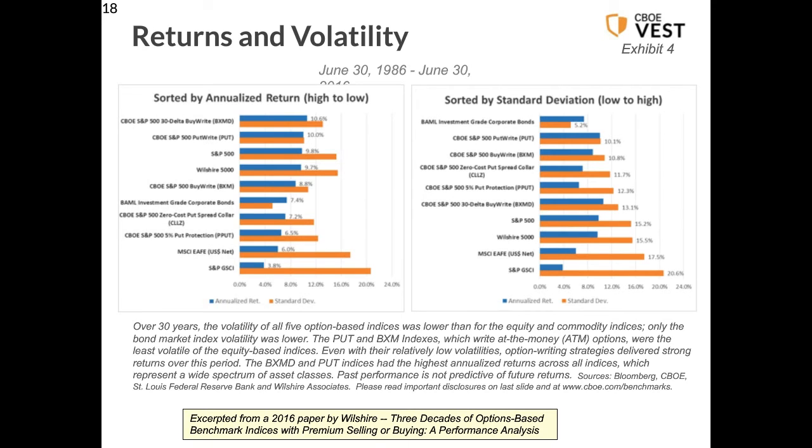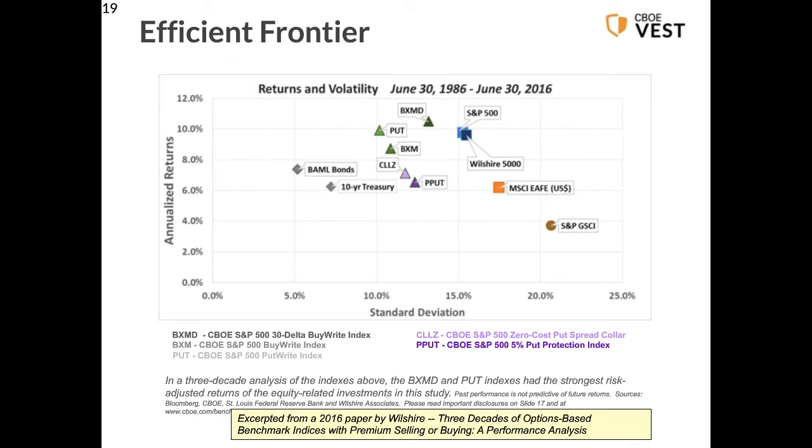The normal way we like to look at risk and return is, of course, on an efficient frontier chart. So here we do that for these indexes that we're talking about that incorporate covered writing, put writing, and some downside protection strategies. In this illustration, you can see that almost all of these option strategy indexes that can be implemented also with ETF options come up in between bonds and stocks. The ones that are net short volatility, like BXMD, PUT, and VXM, have a little bit higher return profile.